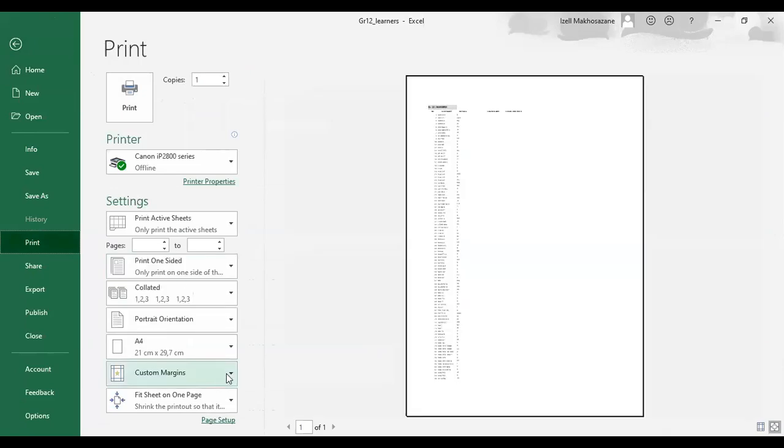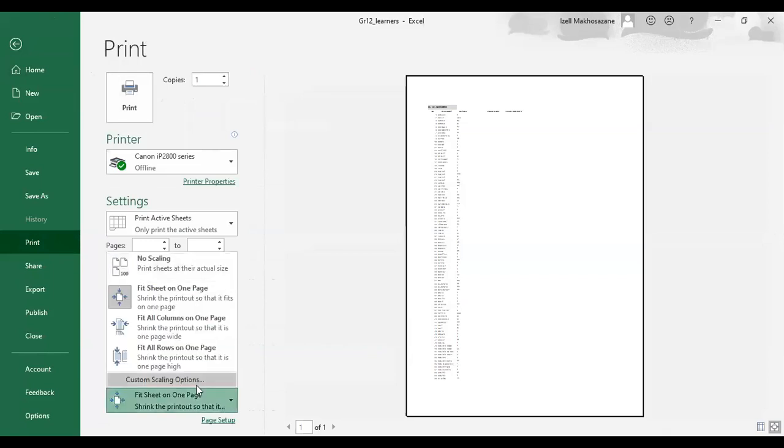In your settings, you choose scaling. If it says no scaling, you choose fit sheet on one page. Okay, so now our second printing option is